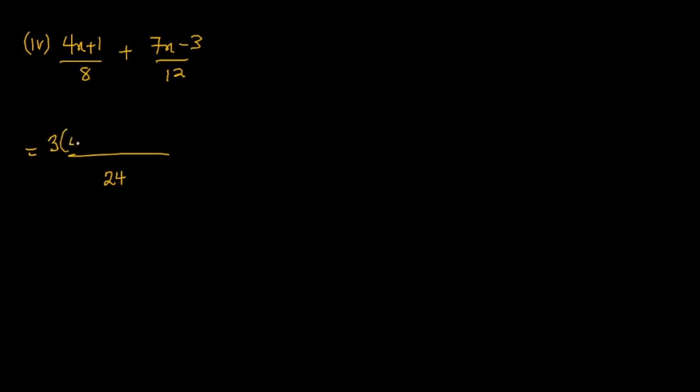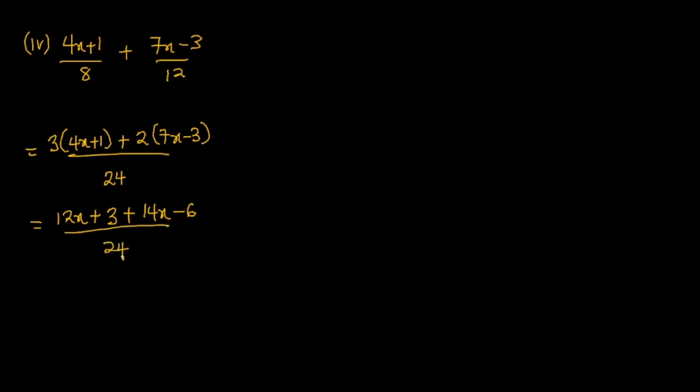Use it to multiply 4x plus 1, then plus 12 will go into 24 2 times, so we write the 2 outside, then we multiply it with 7x minus 3 over here. Now 3 multiplied by 4x is going to give me 12x. 3 multiplied by 1 will give me 3. 2 multiplied by 7x will give me 14x. 2 multiplied by negative 3 will give me negative 6,